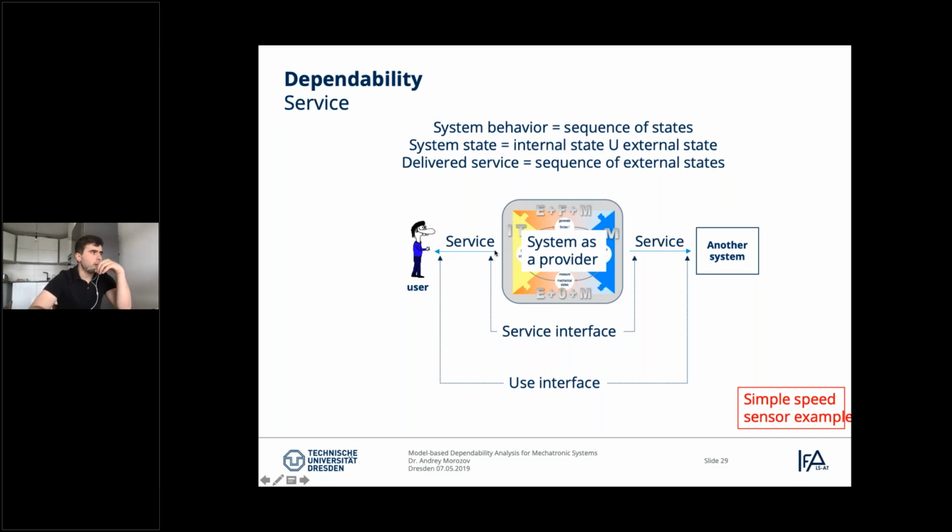It provides the service through the interfaces. Here we have a service interface and we have the user interface. If we are on this part, it means the interface of the service, and if we are on this part, it is the interface of the user. And the delivered service is basically,